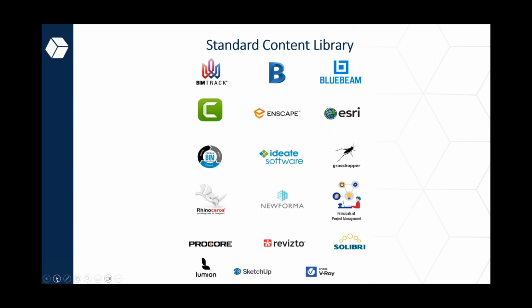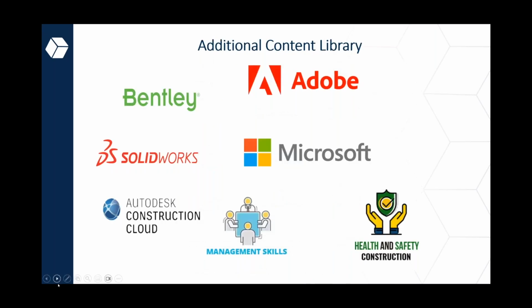So on the screen, you can see this is our standard content library. A number of different applications outside of Autodesk. We have Esri content, we have Bluebeam content, Procore, Revit. So I won't go through everything on the screen. You can see it there yourselves, but it is an extensive library, including, of course, all of the Autodesk content